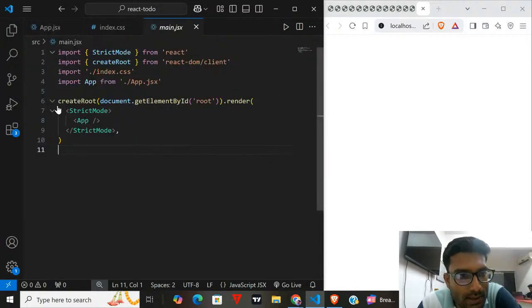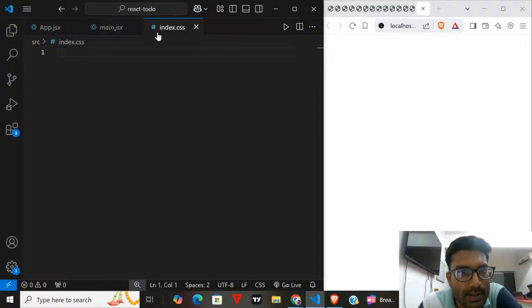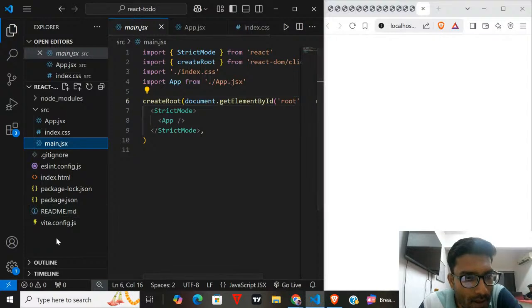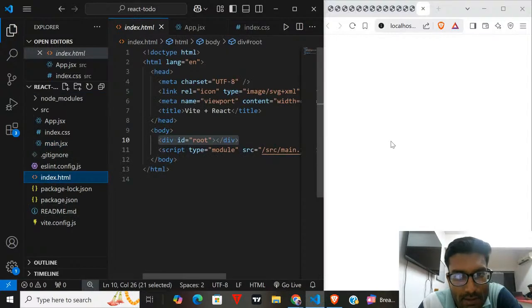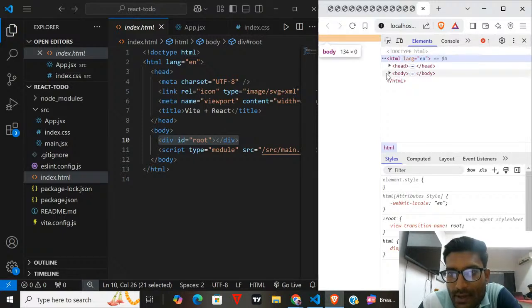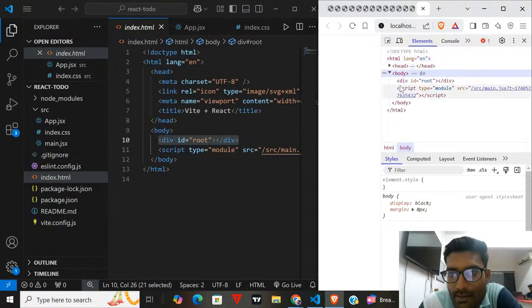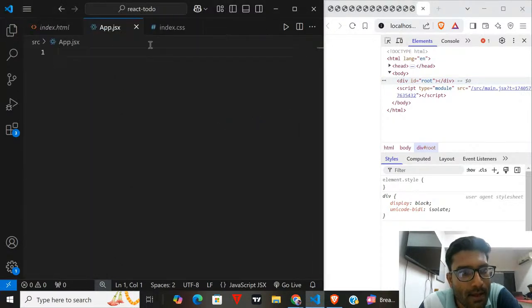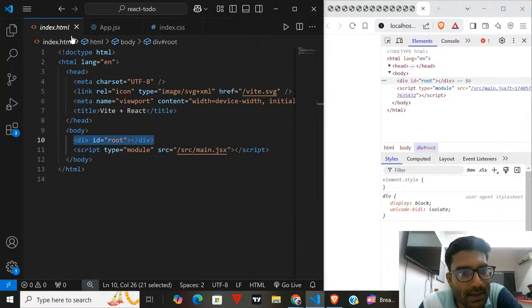So this is the code that is rendering everything inside your root element. Okay, so you can see what we are doing here. So let us put this CSS here and app here. First one is the main file. Now I have this index.html. If I click on inspect, in the elements we have index.html. Let us collapse the body and you can see a div with id root and nothing is in it, because I have emptied everything from app.jsx. Right, so index.html is there.